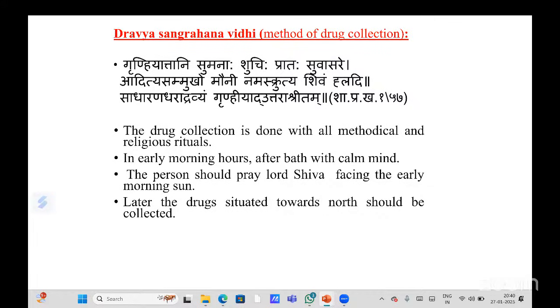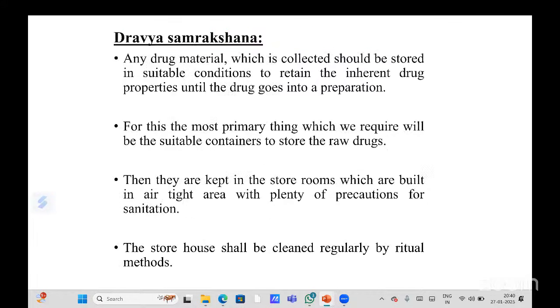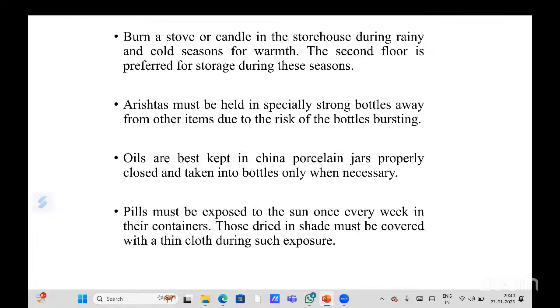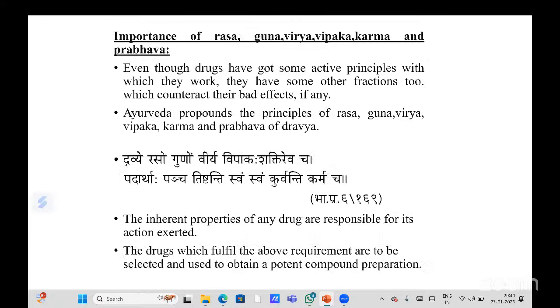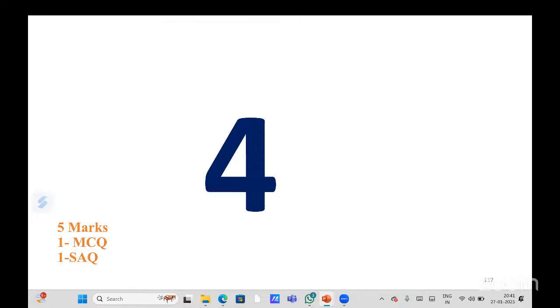Next is the storage, the Dravya Samrakshana. Any drug or material which is collected should be stored in suitable conditions to retain its inherent properties until the drug goes into preparation. For this, the most primary requirement is suitable containers to store the raw drugs. Then they are kept in storerooms built in an airtight area with plenty of precautions for sanitization, and the storehouse shall be cleaned regularly by ritual methods. Different parameters have been explained for different yogas. In a similar way, the importance of rasa, guna, virya, vipaka, karma etc., and the mutual relation between rasadi gunas etc. have been explained. So these are the concepts of Dravya Sangrahana